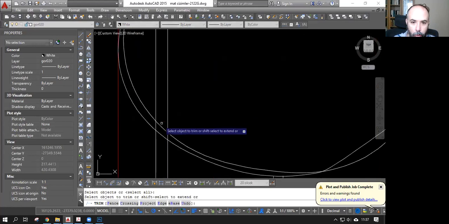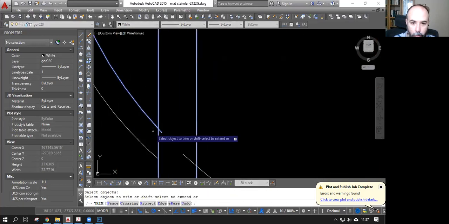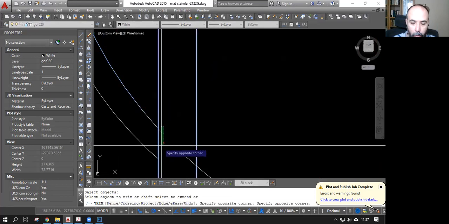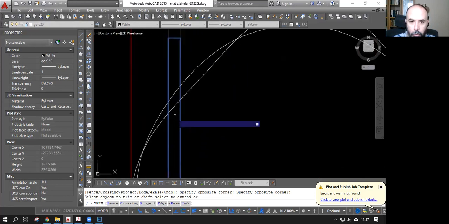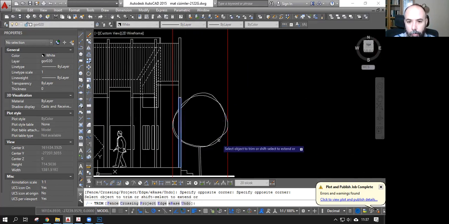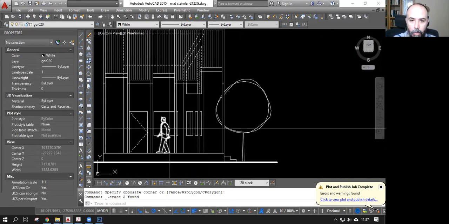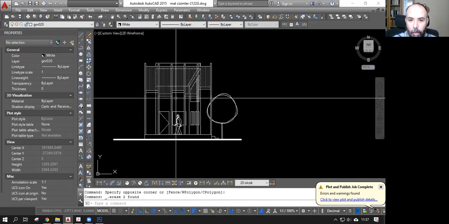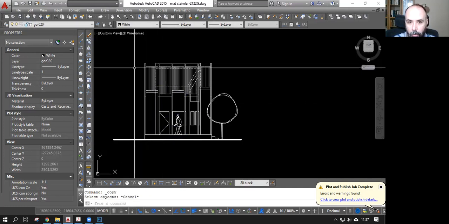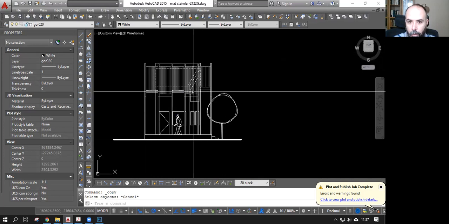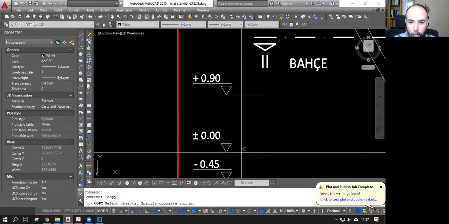And also I will get rid of these lines of the tree, because they will be blocked by the beam column here, the column of the building. And yeah, so it's like this. So I put the tree, the man, and I'm going to give the levels of this part of the facade and this part of the facade. So I'm going to use my level marks